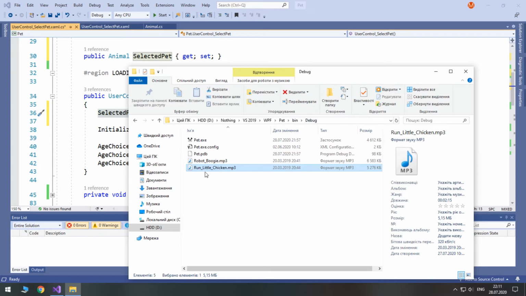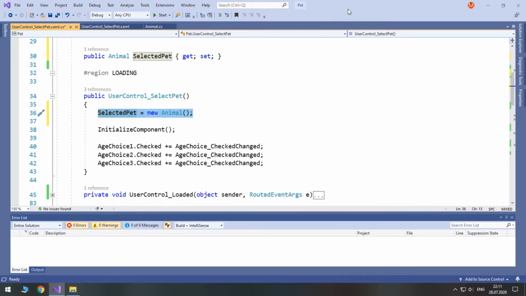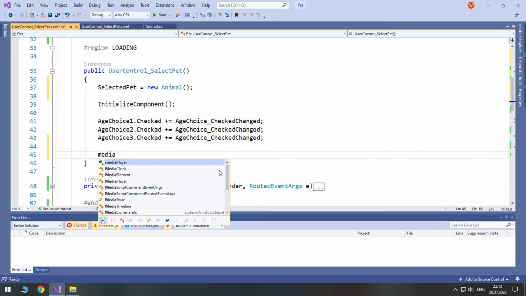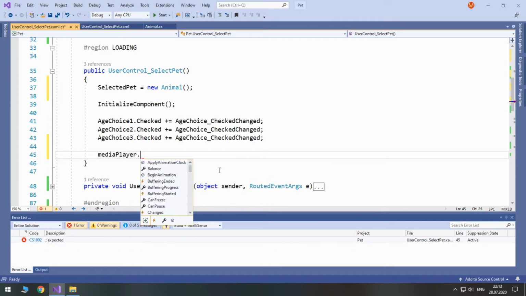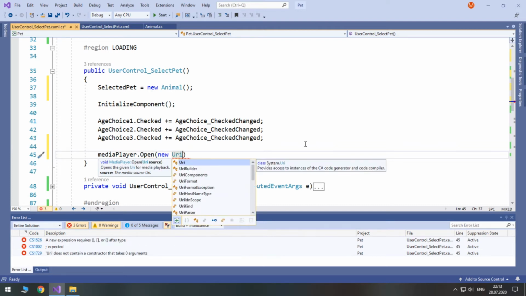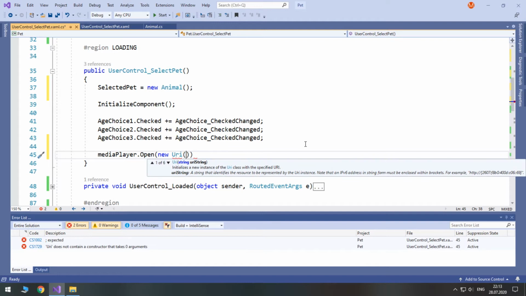Make sure you download it from GitHub or use your own sound file. So at the end of our constructor, we will access our media player class instance, access its open method. Here we will pass the URI source. Let's create new URI class instance, and in its constructor we will pass the path.